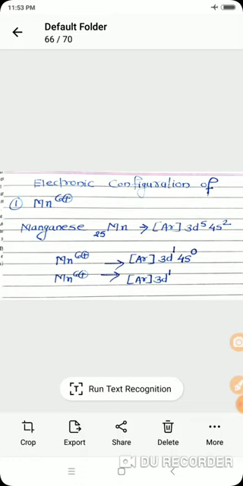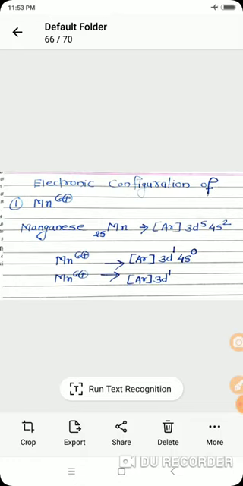Listen, this is the electronic configuration of the manganese atom, but here in the question we have to write the electronic configuration of the Mn6 positive ion. There is a difference between the ion and the metal atom. As Mn6 positive has a 6 positive charge, 6 electrons are less than the metal atom, means 25. We have to subtract 6 from 25. So we have to remove the 6 electrons from the valence shell electronic configuration 3d5 4s2.